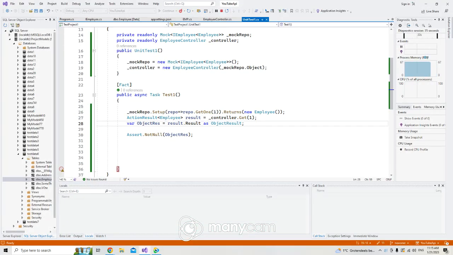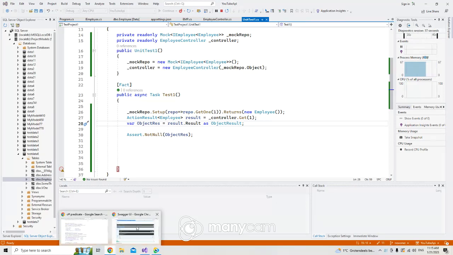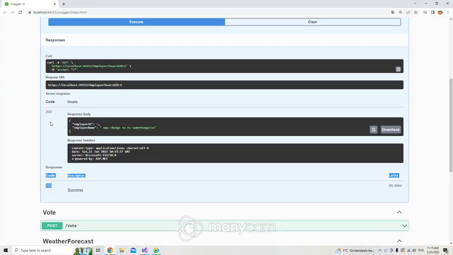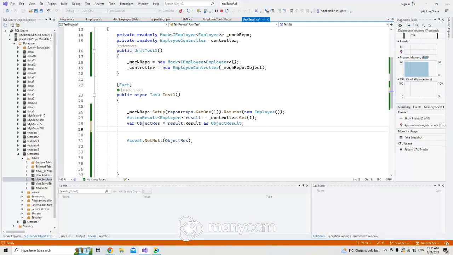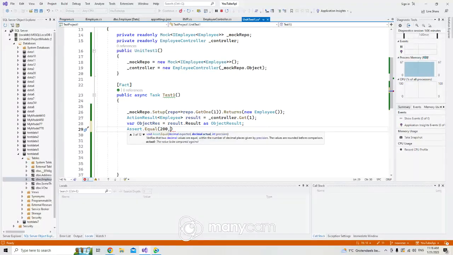Now let's see, look, in reality here the code is 200. Let's test that code, which is 200, here in our test class. I want to say assert equal, and here 200, which is that code, and here